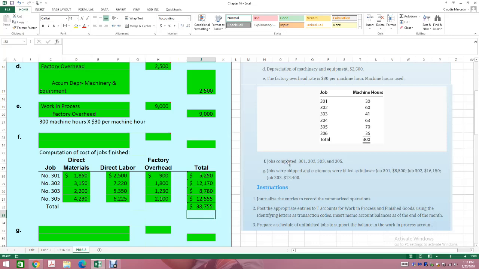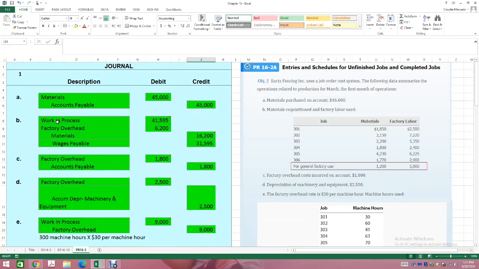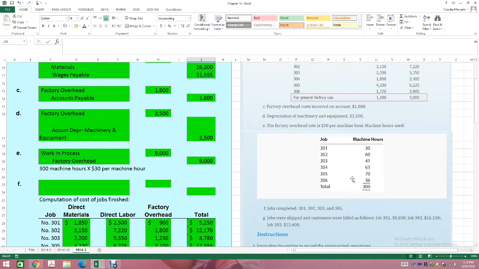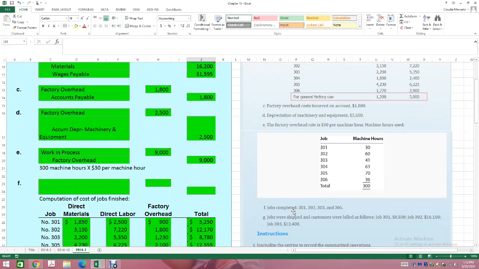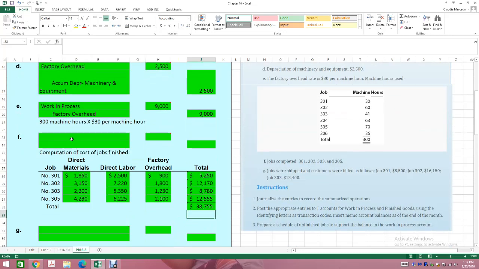So it says jobs were completed. Okay? So if we notice here, we had costs for these items under work in process. Why? Because we're manufacturing the product. Now these products have been finished. They're ready to be sold. So it says here you've completed these jobs. So you're going to have to move them from work in process to finished goods. Okay? So how much am I moving out from work in process to finished goods? Well, we're moving out